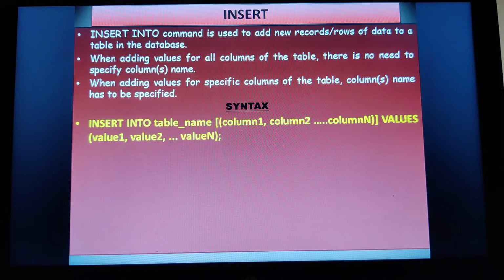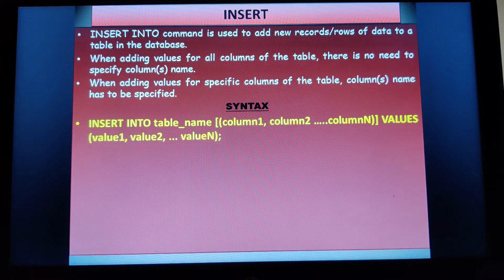See the syntax here. Insert into table name, column 1, column 2, column n, values, value 1, value 2, value n. That means when adding values for specific columns of the table, column names have to be specified. In the other way, when you are adding values for all the columns of the table, there is no need to.